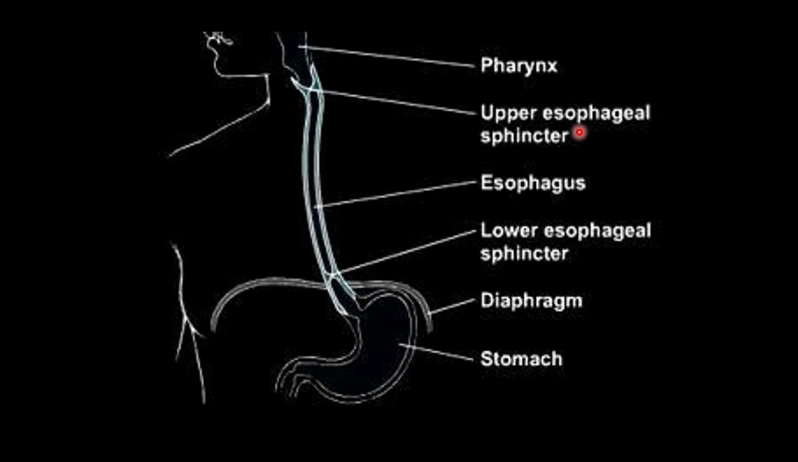And now talking about sphincters, there is an upper esophageal sphincter and a lower esophageal sphincter. The upper esophageal sphincter is usually present at the level of C6, C7, which is mainly responsible for the swallowing reflex. The lower esophageal sphincter is present at the gastroesophageal junction for